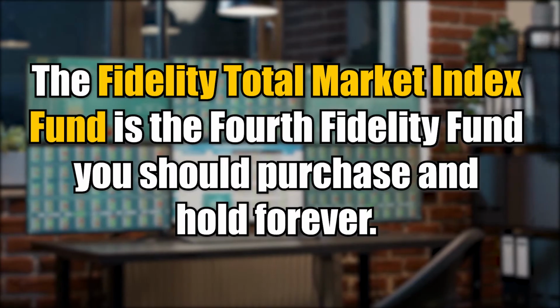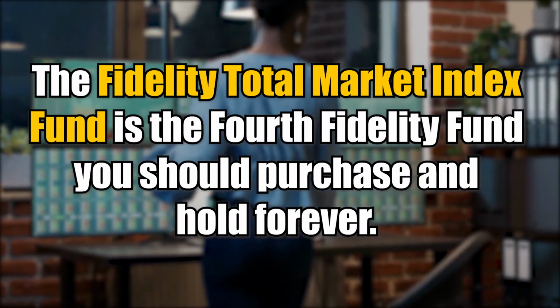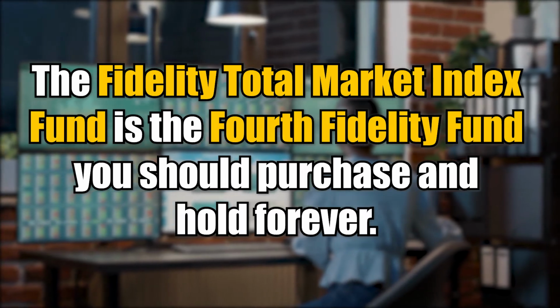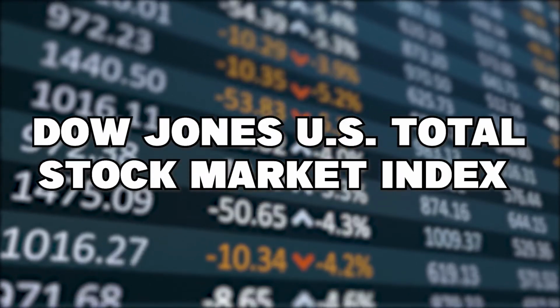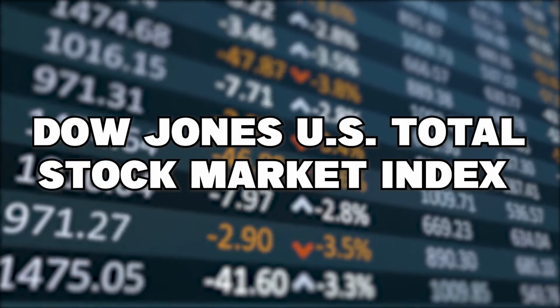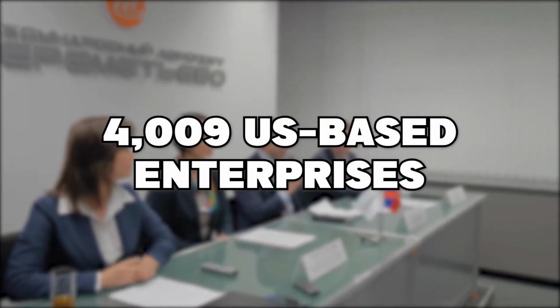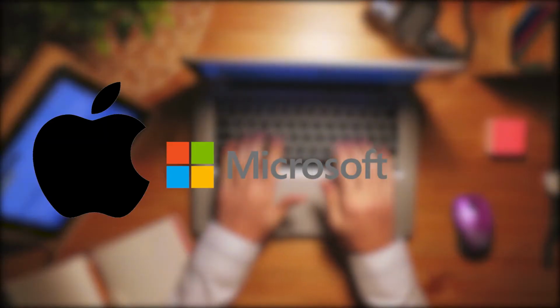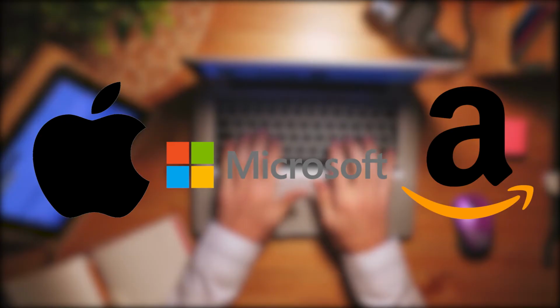The Fidelity Total Market Index Fund is the fourth Fidelity fund you should purchase and hold forever. The Dow Jones US Total Stock Market Index is monitored by the fund. It represents about 4,009 US-based enterprises. Apple, Microsoft, and Amazon are the top holdings in this fund. Similar to the Fidelity Zero Total Market Index Fund in most respects, it has a